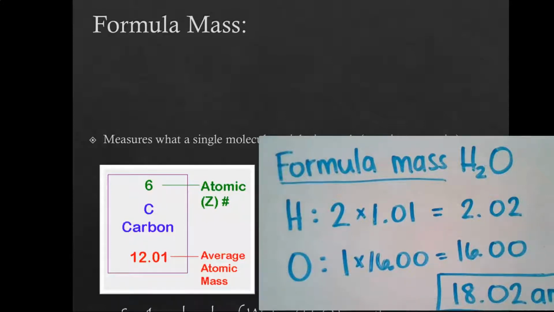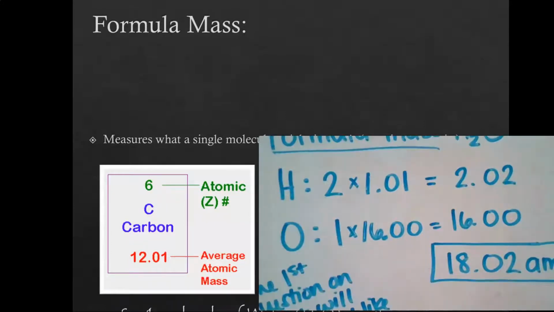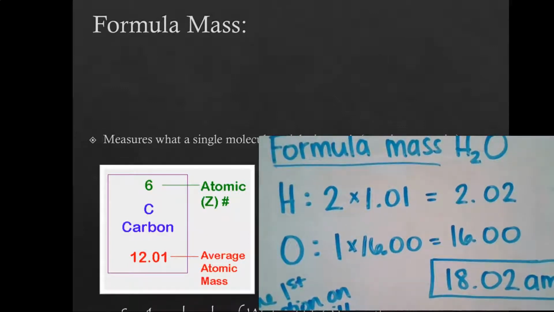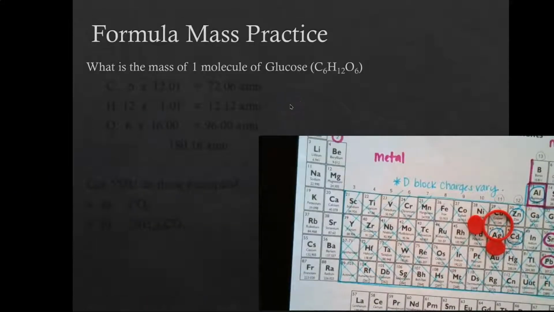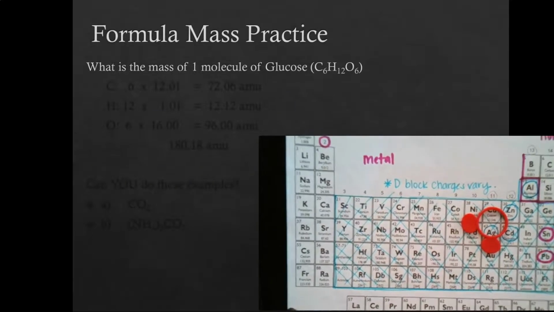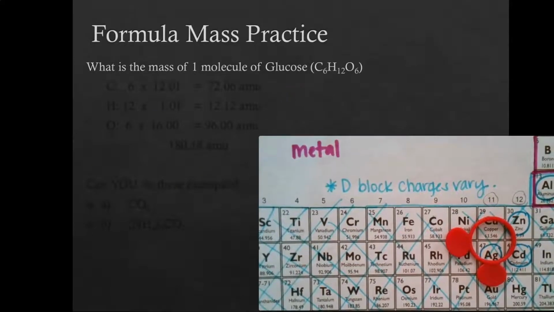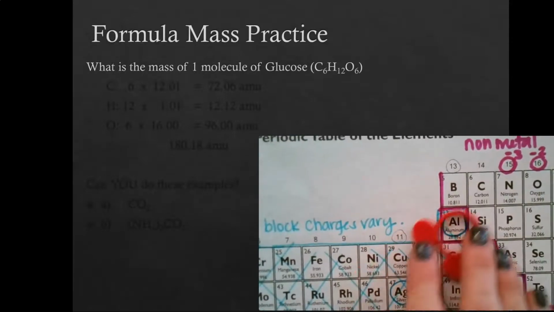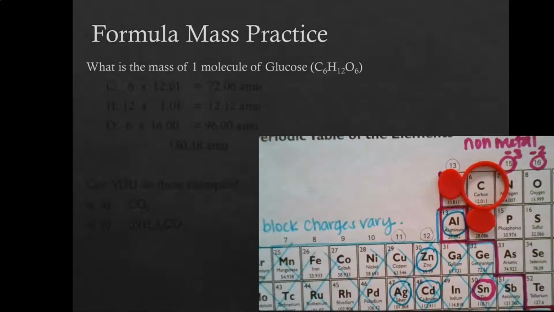And just as a note to yourself, the first question on the test will be just like this, finding the formula unit from the average atomic mass on the periodic table. So we're going to try 2 more practices together. We're looking for what the mass is of a glucose molecule. Glucose's formula is listed here, and it starts out with carbon. So we're going to look over at carbon. Carbon's average atomic mass is